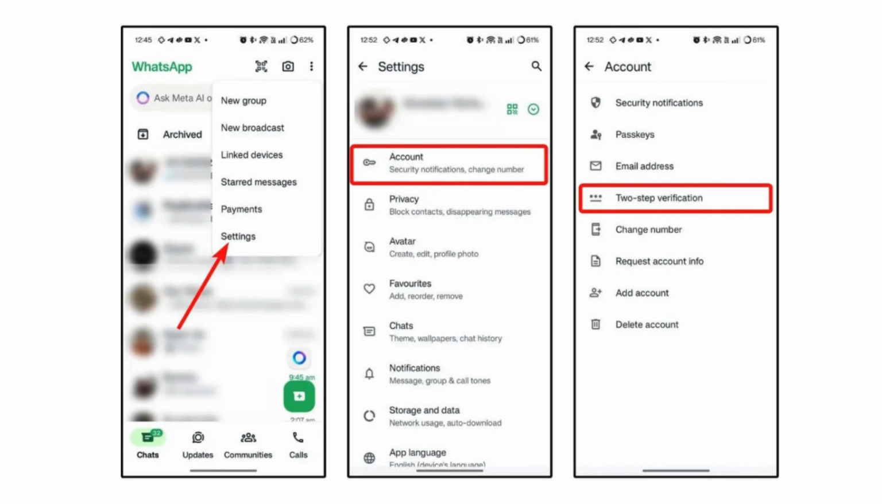Here's how to manage WhatsApp's two-step verification settings on Android, iOS, and web desktop. What is two-step verification in WhatsApp? Two-step verification adds an extra layer of security to your account by requiring a 6-digit PIN when registering your phone